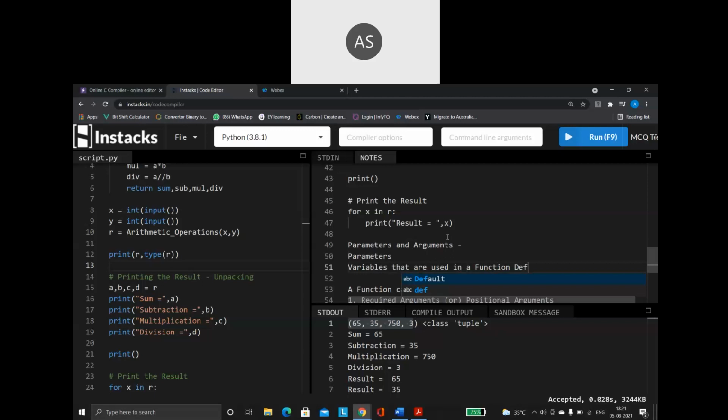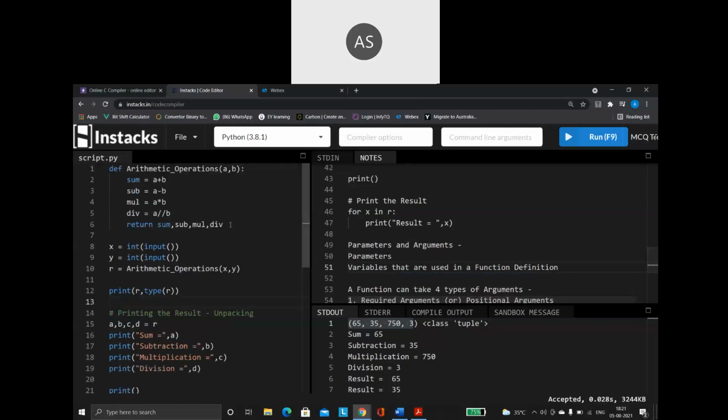Whatever variables we give in a function definition are what we call parameters. For example, this a and b is what we call parameters.